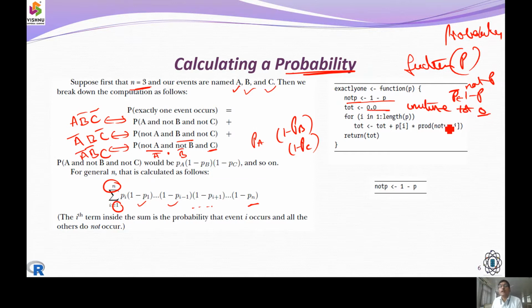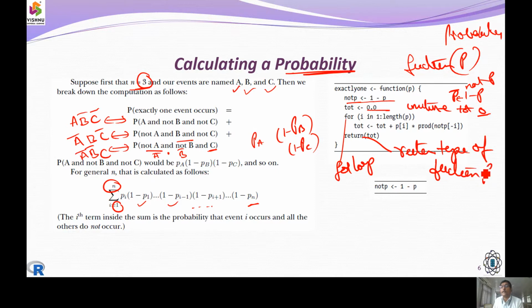Next, how many times it should recur until the length is given, so we are going to use a for loop here, and this is total, the return type of the function P. And now we are going to say total is equal to total, that is 0, plus probability of i, that is, we are going to call it as P of A into 1 minus P of B into 1 minus P of C.